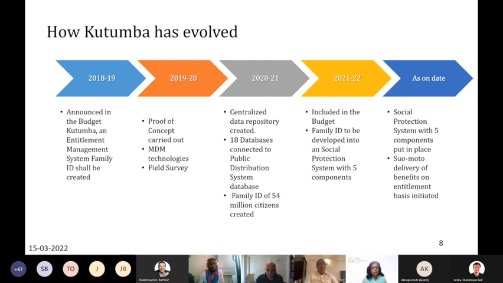This is the way Kutumba has evolved. In 2018-19, it was announced. A proof of concept was carried out. And then, of course, we created a centralized data repository by connecting to 18 databases. I'm delighted to tell you that there was no survey for creating this database. We used the existing government databases and then created these systems, the interoperability, the data consistency, all those